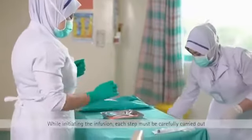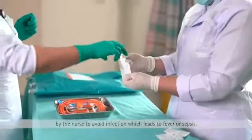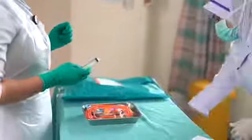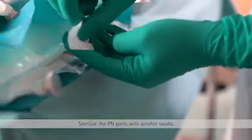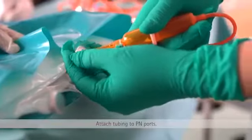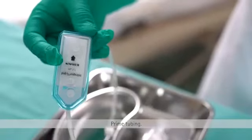While initiating the infusion, each step must be carefully carried out by the nurse to avoid infection, which leads to fever or sepsis. The steps include: connect tubing to filter, sterilize the PN ports with alcohol swabs, attach tubing to PN ports, prime tubing,